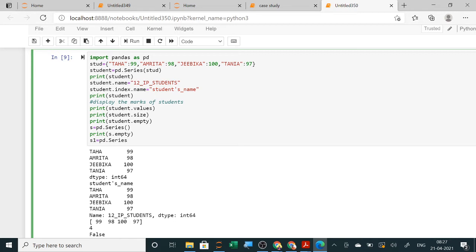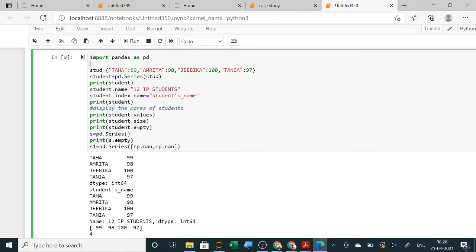Any other difference? Yes, count is a function, a method, and this is an attribute. Yes, correct. Any other difference?